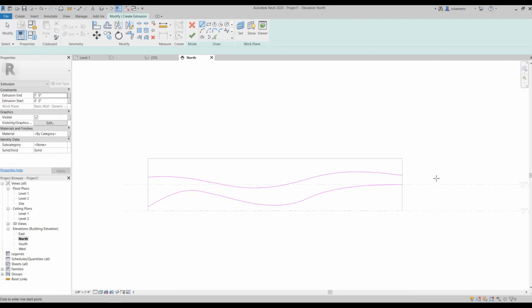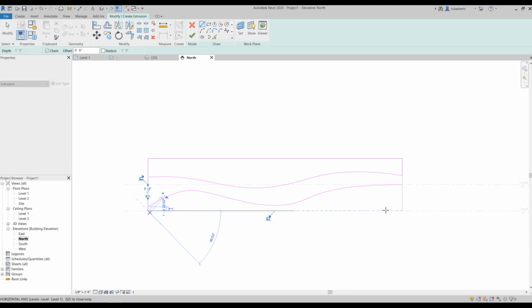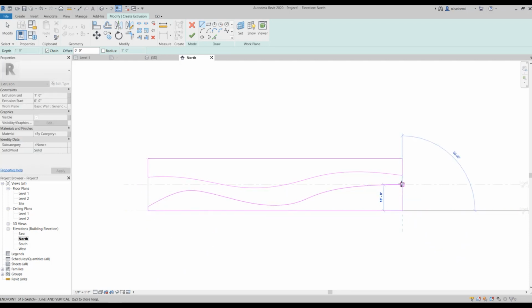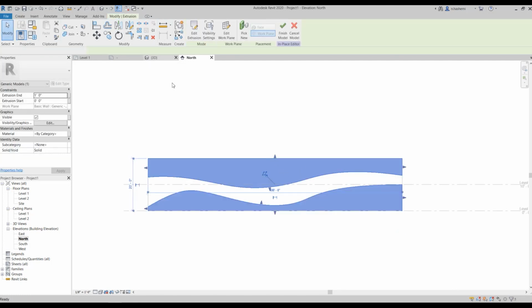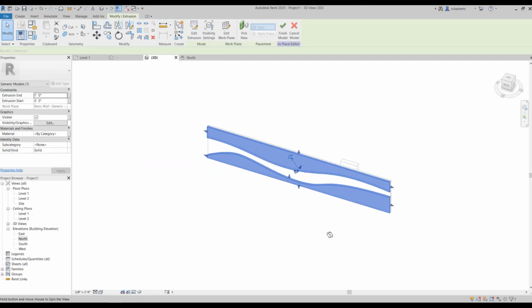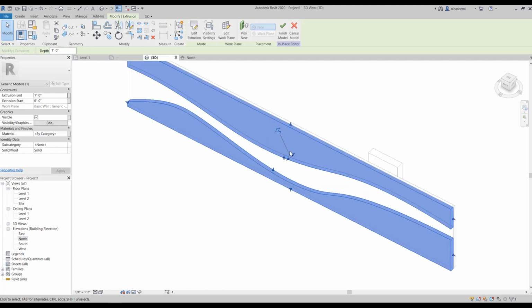Okay, I need to add these boundaries as well. Okay. So now we have this kind of shape.